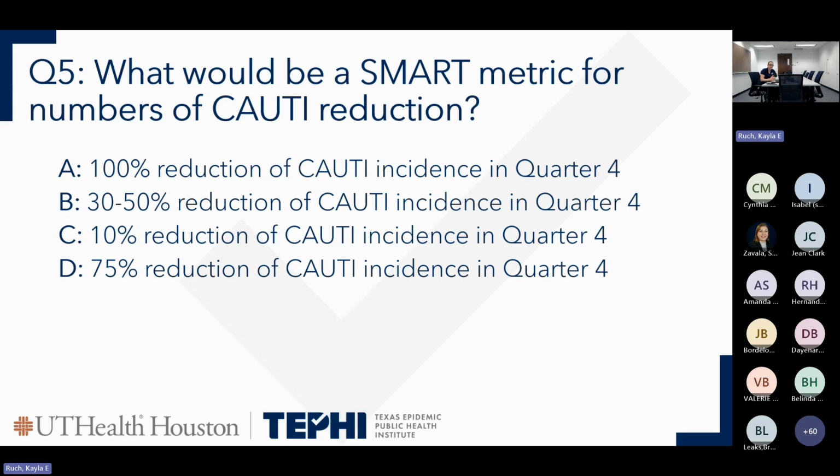So we have now looked at the data in that we see an increase of catheter-associated events. Now we're wanting to reduce them. What would be an appropriate metric to goal to reduce in quarter 4? Are we saying we're having 100% reduction, so we're moving from 6 catheter-associated events down to 0? Are we wanting a 30 to 50% reduction, so moving to that 3 or 4, which is in line with